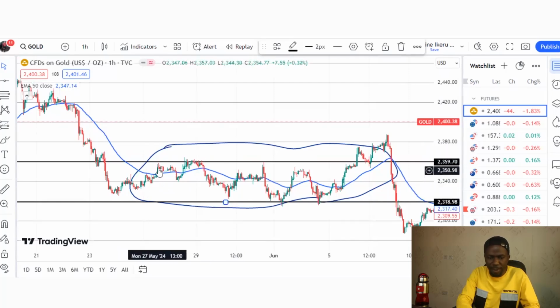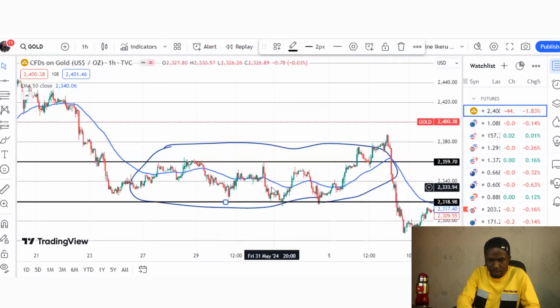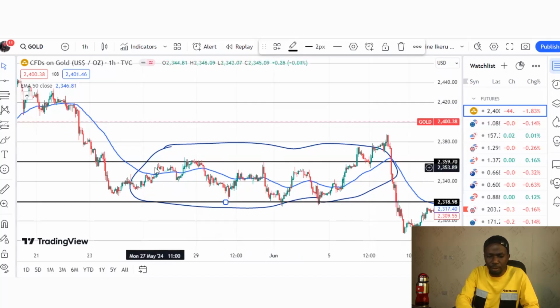So for the fact that the price is crossing above and below, above and below of the moving average, you can confirm to yourself that the market is currently in a range. So whenever price is going above and below the moving average, crossing it consistently, it tells you that the market is in a range. So in this scenario, you are going to draw a new level of support and resistance,